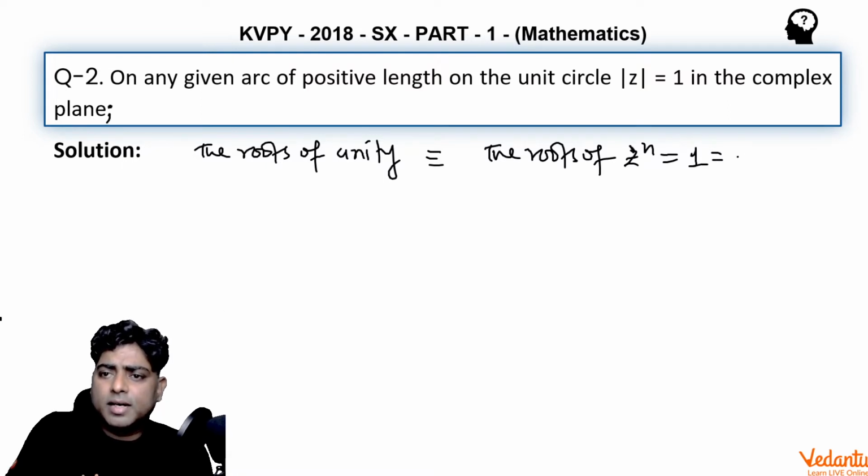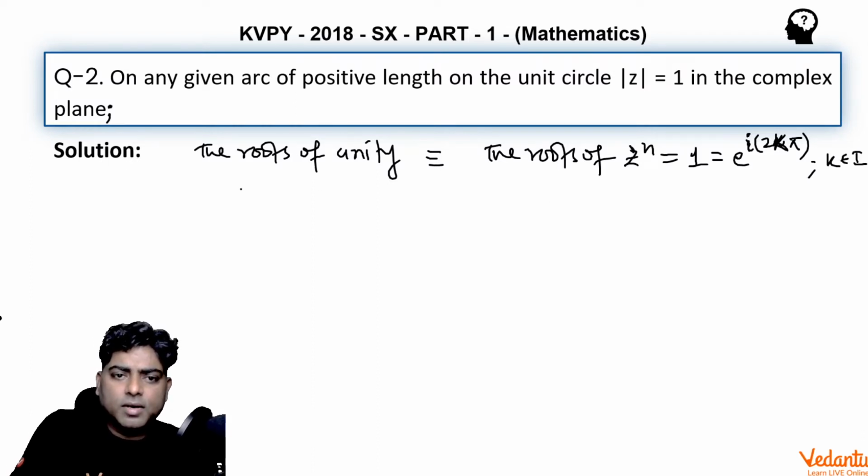Now 1 can be written as e^(i 2kπ), that is cos 2kπ + i sin 2kπ. Cos 2kπ is 1 and sin 2kπ is 0, where k is some integer. So finally the roots of unity means z = e^(i 2kπ/n),